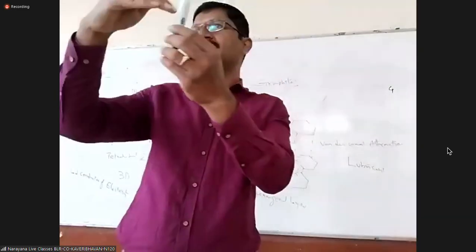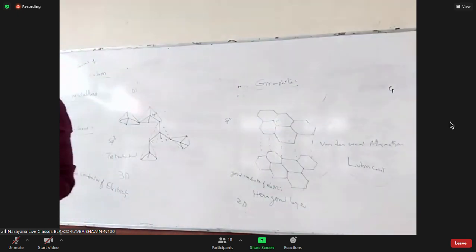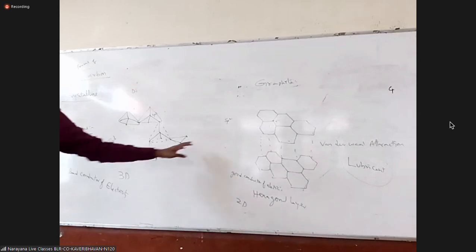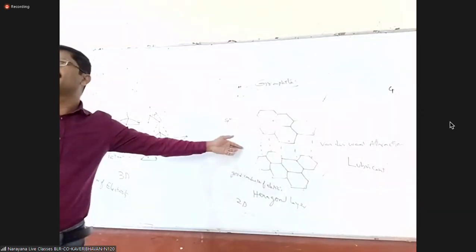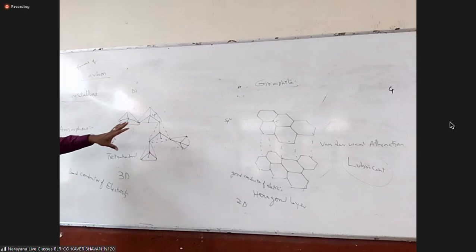When light falls on the diamond, if it is scattered, then it has a high refractive index; this is called diffraction. Light diffraction will happen in diamond more. That is why we use diamond, a costly stone, in jewelry. Whereas graphite has very little. In the total crystal, this will have a high refractive index. I am explaining the properties. By seeing these structures, you will come to know all these points. Is it clear?